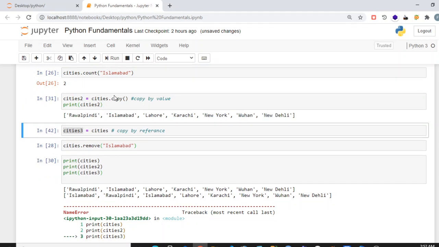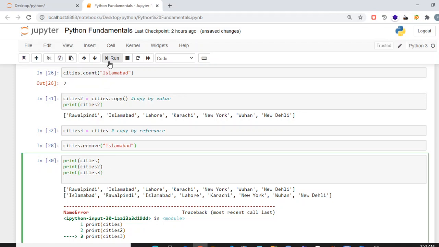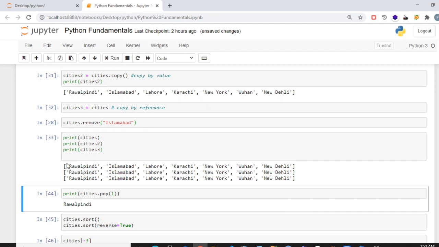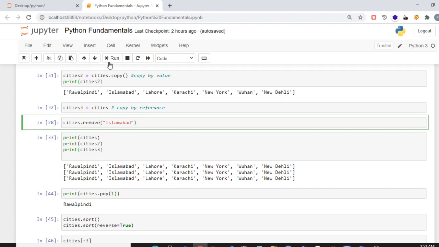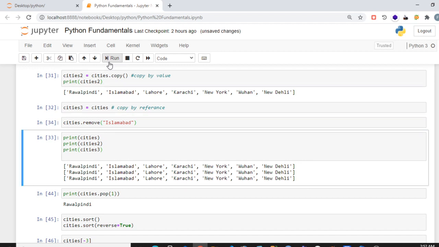Let's run this first and now print this. And now let's remove Islamabad again. And after removing Islamabad, let's print this list.